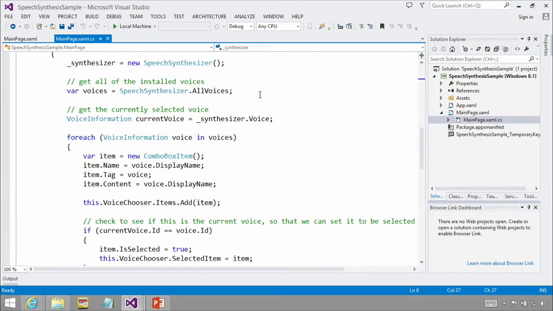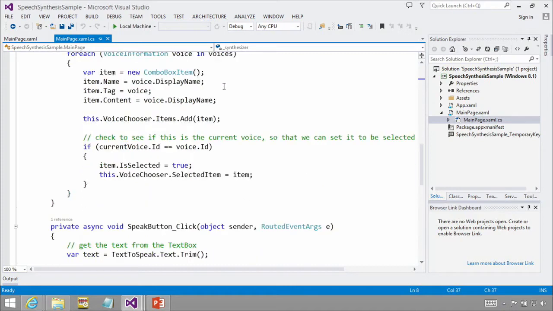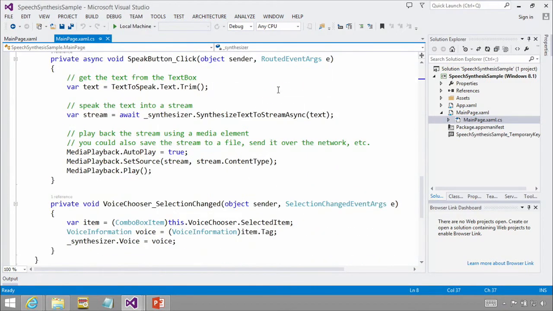Now, you could do this inside a configuration page, or you can do this on the form, but somehow you're going to want to have some control over which voices show up. Then I get the current voice that's selected, and then I'll populate all the voices in there. And then when you go to speak this, I will take the current voice, and it's already been assigned to the speech synthesizer,